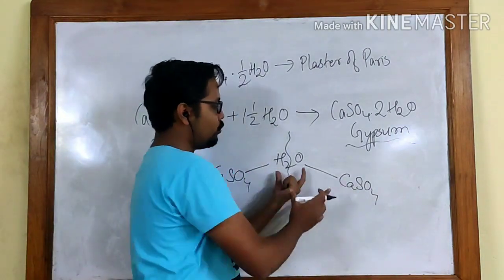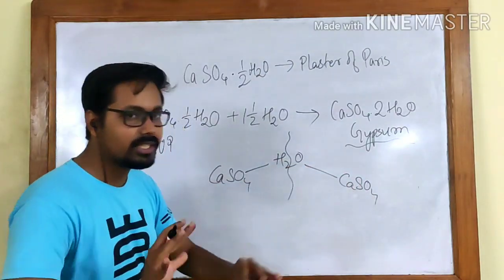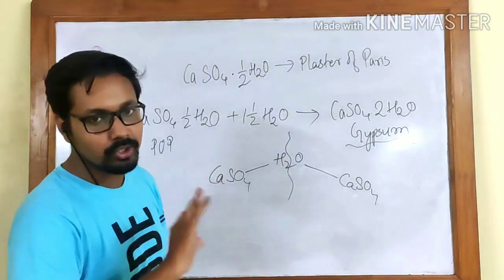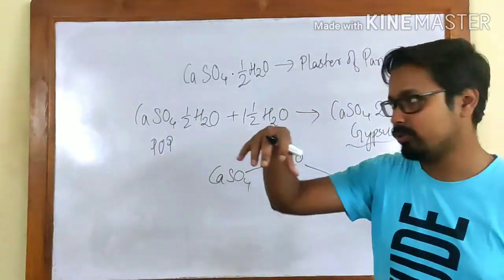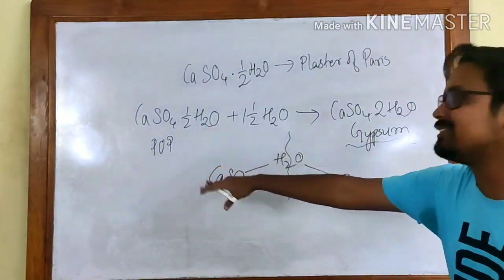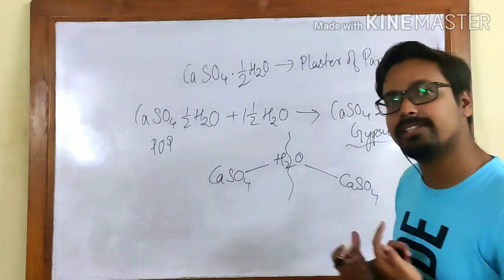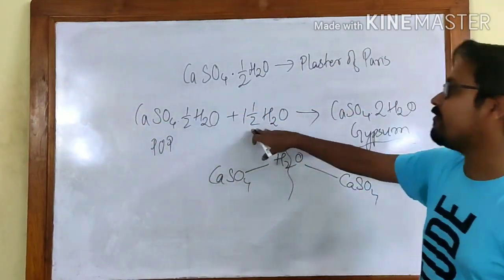These two are bound together with one single molecule. They share this water molecule. So in order to just write the chemical formula, we write half H2O, but practically it is not the case. We have two calcium sulfates containing one water molecule. That's why we write this. In order to balance it out, we are writing 1.5. It is actually not 1.5. Practically something else occurs, but theoretically, just in order to write a balanced equation, we are writing half and 1.5